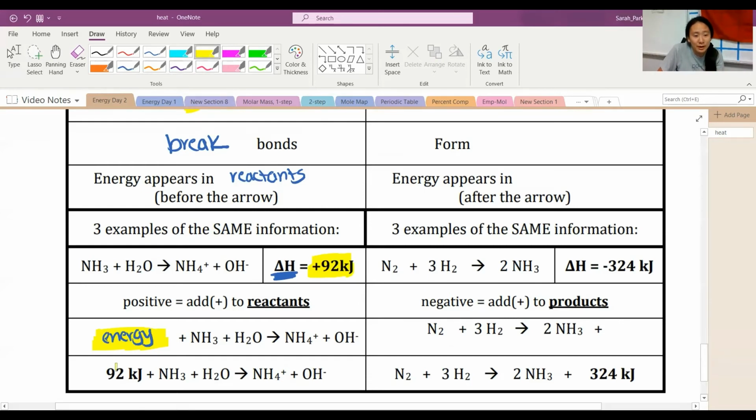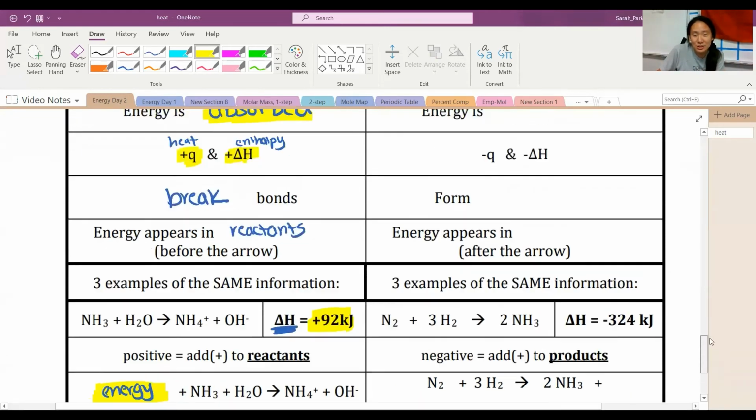So you always put it before the arrow. I usually put it at the very beginning as a sign to me to let me know that, hey, I need this energy or this reaction is not going to go. This reaction cannot happen unless I have 92 kilojoules of energy. And that's why it's in the front. So then in the exact same fashion here,